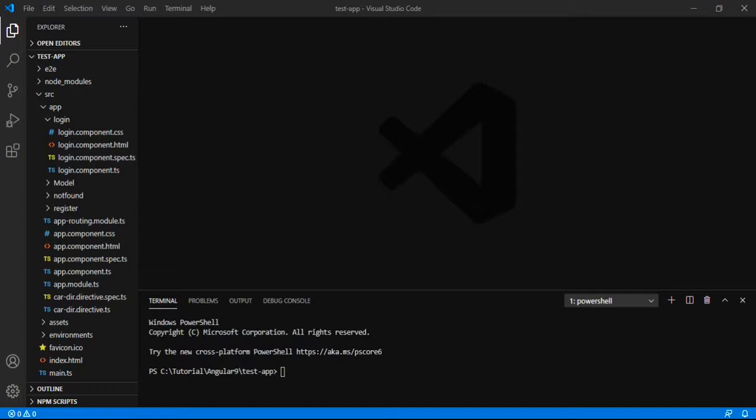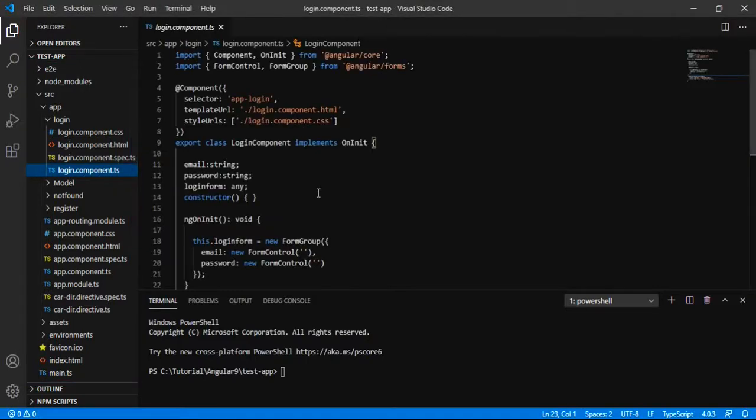In this video, we are going to learn about the form builder service in Angular. In our previous video, we created the reactive form using form control and form group.